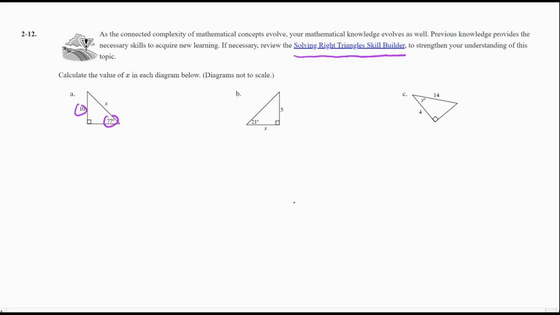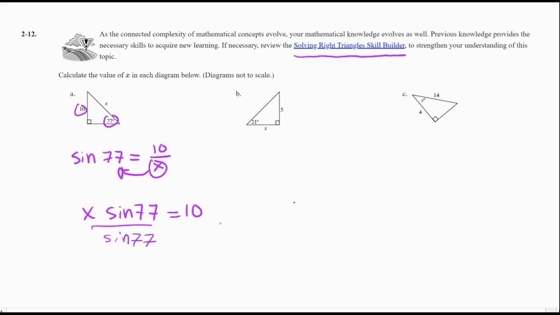the hypotenuse. So I know that I'm going to be using sine because of SOHCAHTOA. So sine of 77 equals the opposite side over the hypotenuse. And now I need to solve, so I'm going to try and get x by itself by multiplying both sides by x. x sine of 77 equals 10. And now divide both sides by sine of 77. So if I asked you for an expression, without a calculator, you'd leave it as 10 over sine 77. But if you're able to use a calculator, you plug that in and round our answer to about